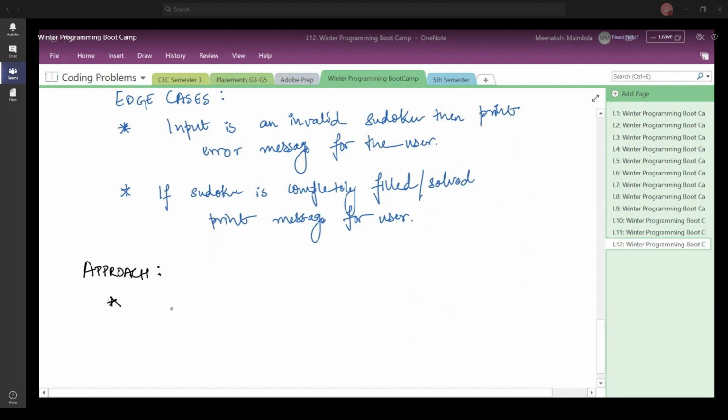Now, if it is valid, you go ahead and find out a position which is not filled or is empty. So find out a cell which is empty.